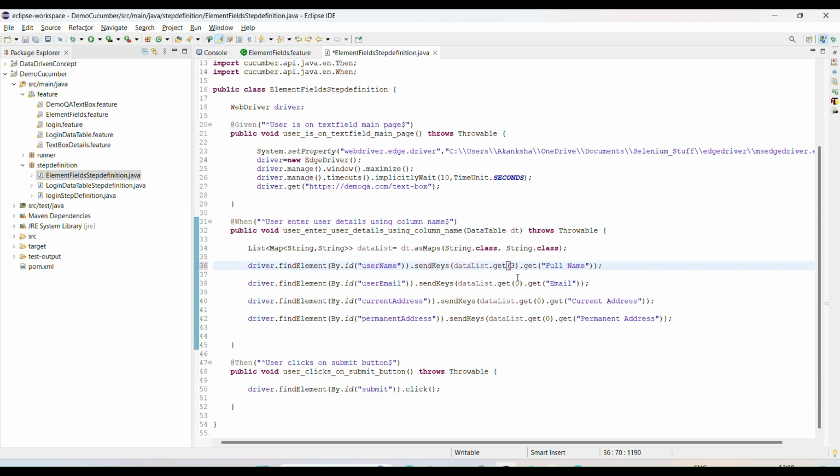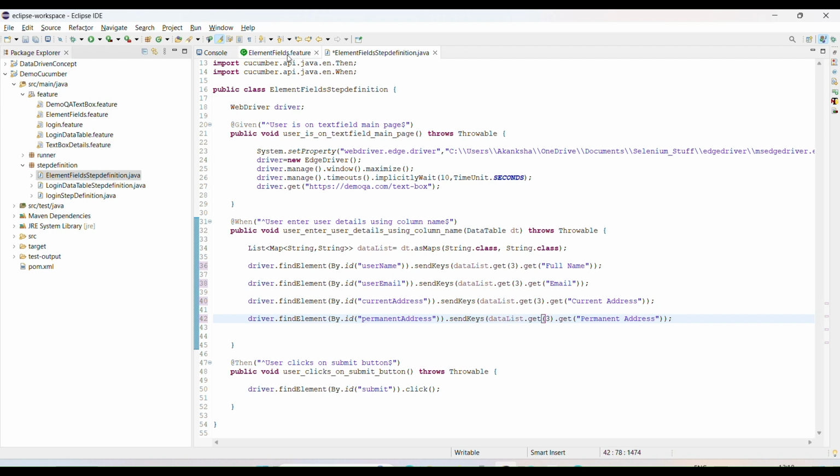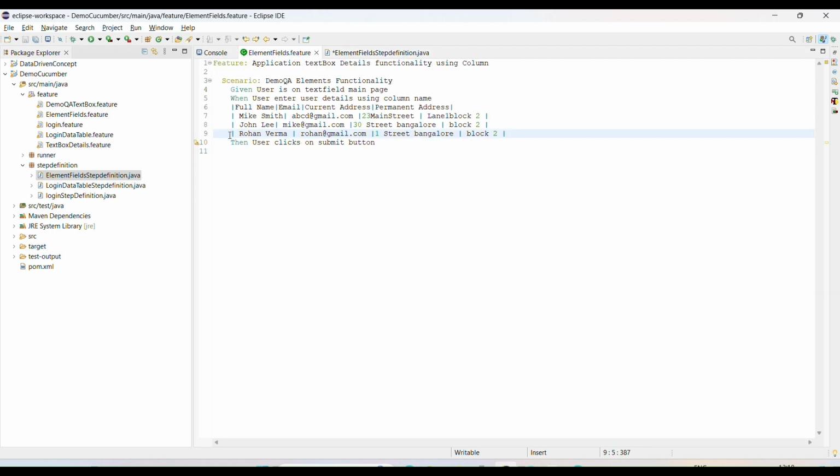Get full name, the row value will be third. I want to enter the third index set of data. See, the index will start from 0, so this will be 0, this will be 1, this will be 2. Sorry, I made a mistake.